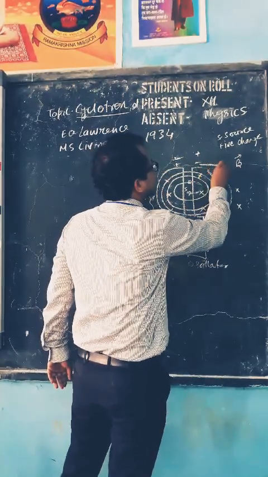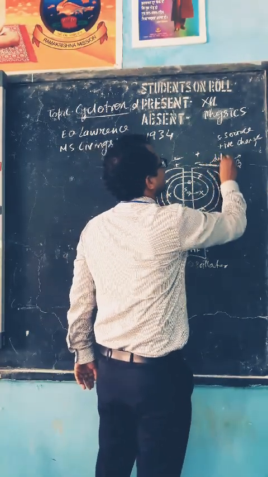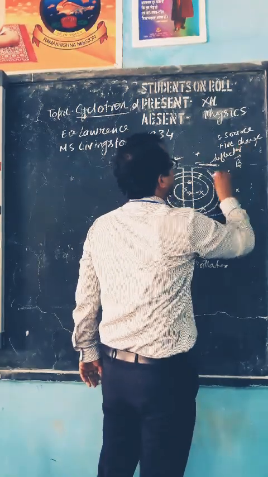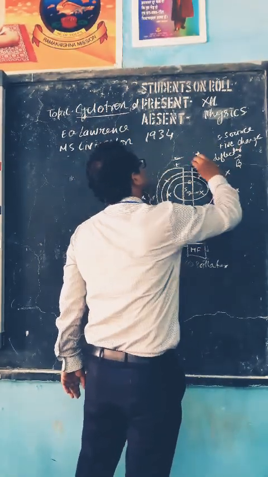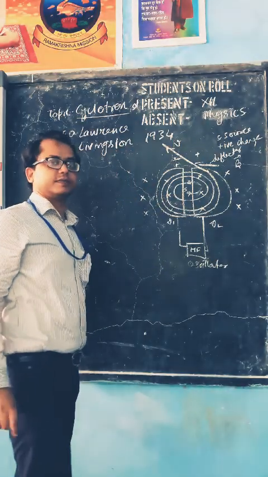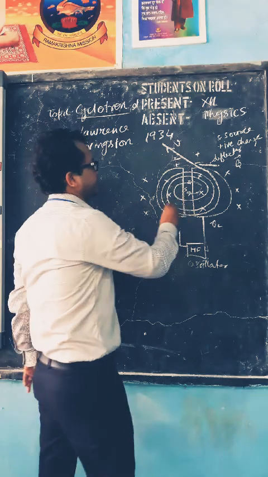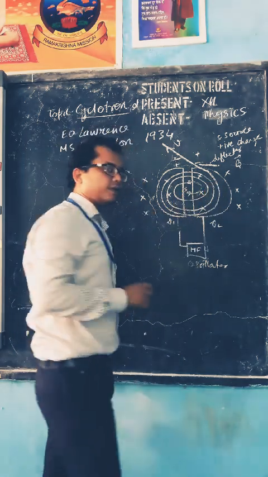So when it has acquired the maximum energy, here we put one device, that is the deflector, and with the deflector the charged particle will come out with a very high velocity. Suppose that at any instant the radius of this circular path is r.